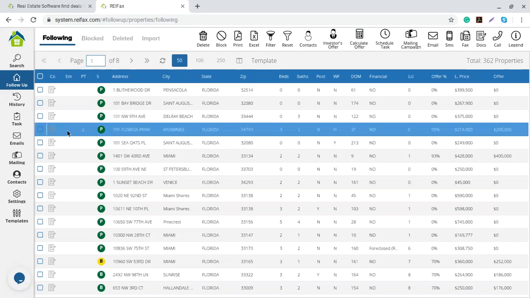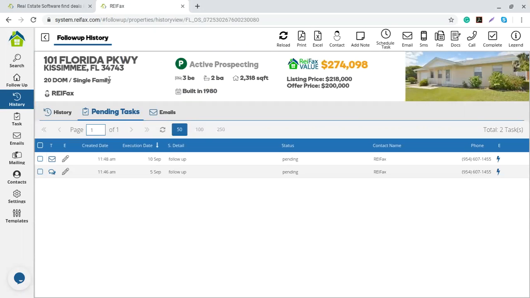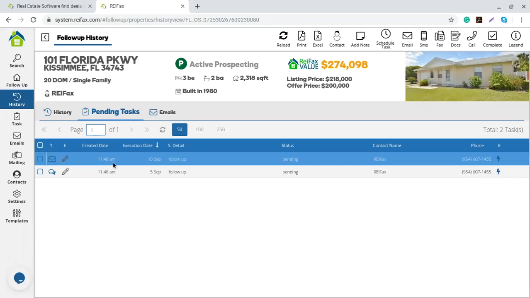If you see a number right here, just click on that number and that will take you to the email view, or if you click right here on this number, the system will take you directly again to the follow history and to the pending tasks to see all the tasks that you have pending, okay? Excellent. Now, if we complete, for example, let's say that I have changed my mind and